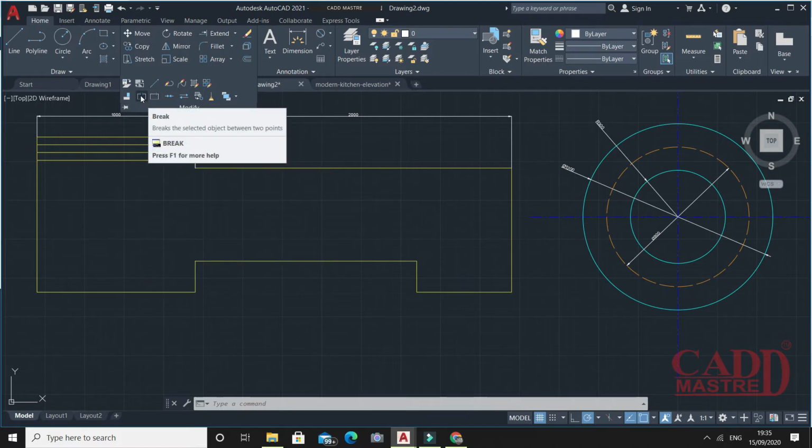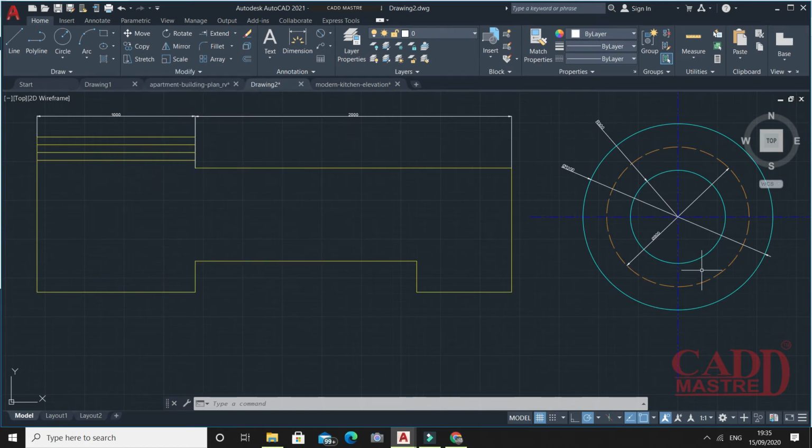So first we'll see the Break. We have this drawing, and in these two different drawings I'll explain this command.